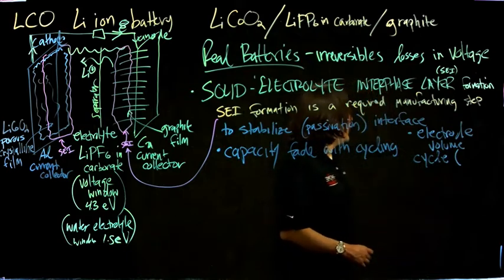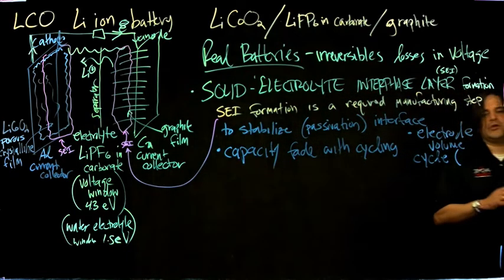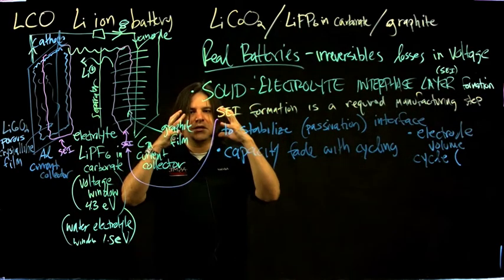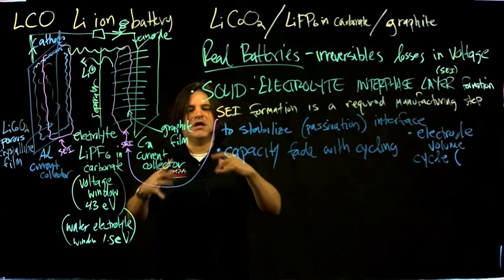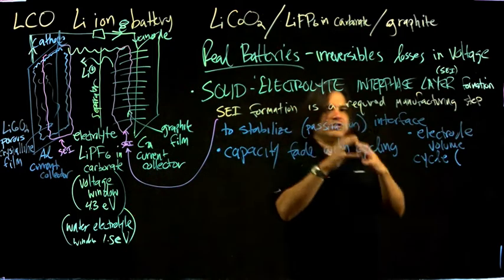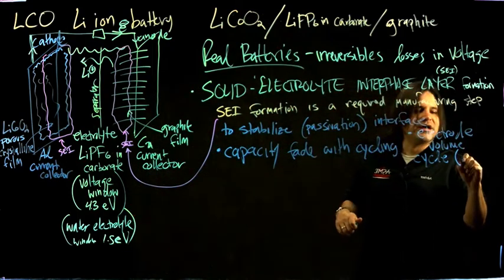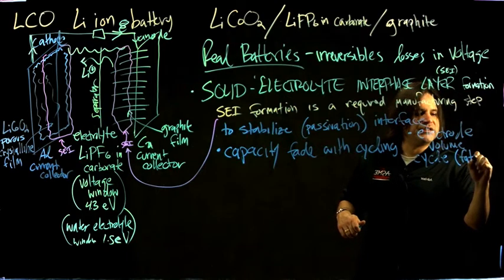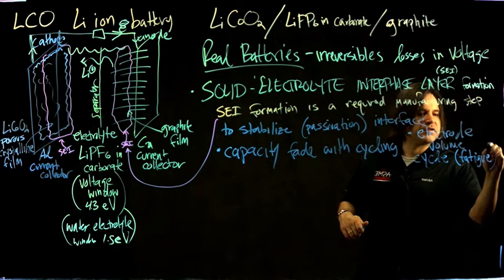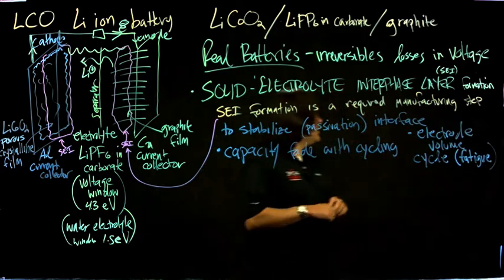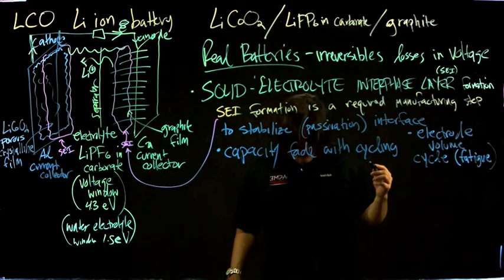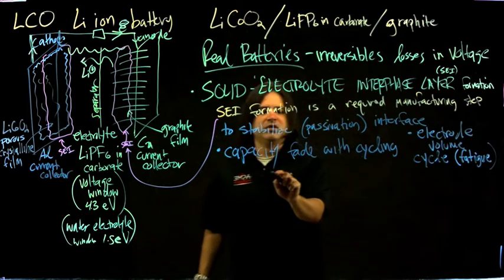So that's literally a mechanical problem where the electrode takes in lithium ions, and when it takes in lithium ions, it swells up. And then when it discharges those ions, the electrode goes back to its original shape. That's a mechanical stress-strain response, and over time, the mechanical response is fatigue, is one thing that can happen, depending on the specifics of the structure in the process. That mechanical fatigue can happen. Another thing that can happen is you can have